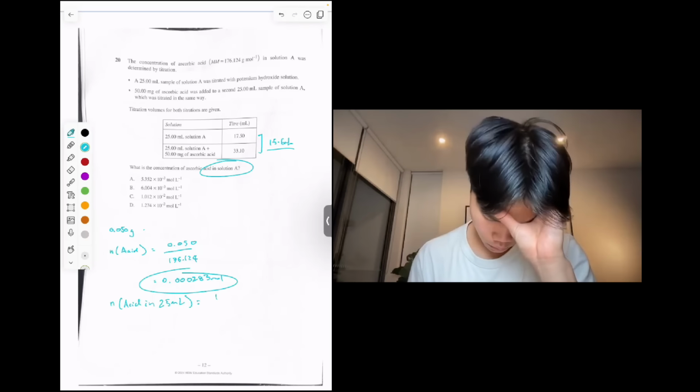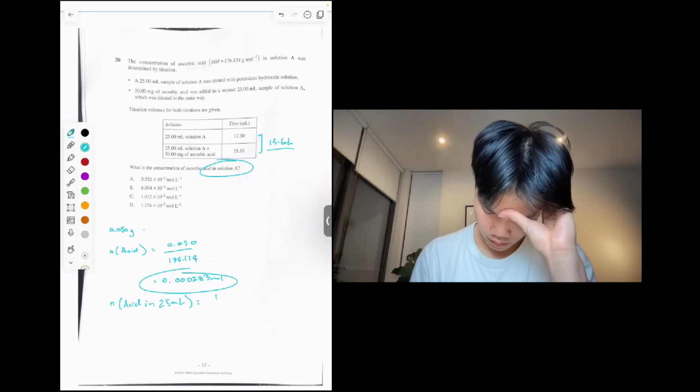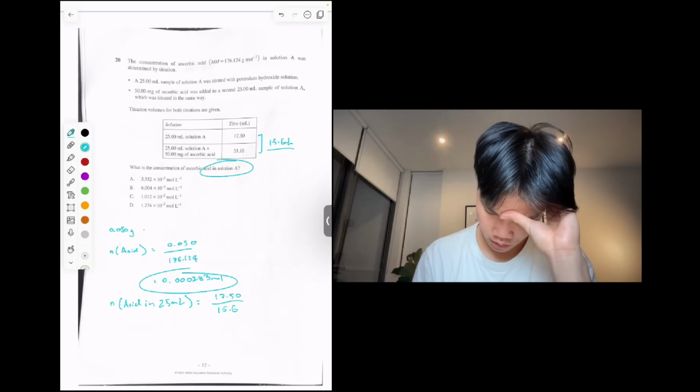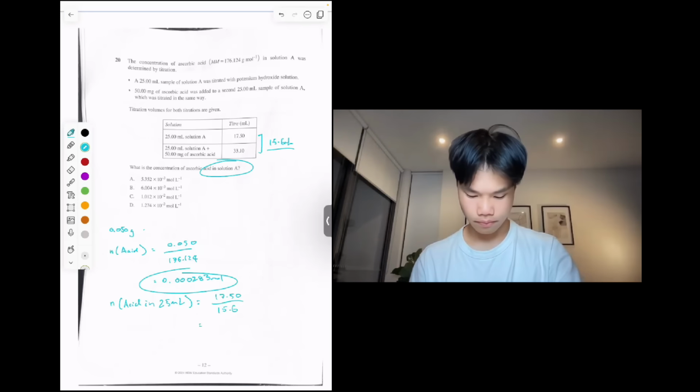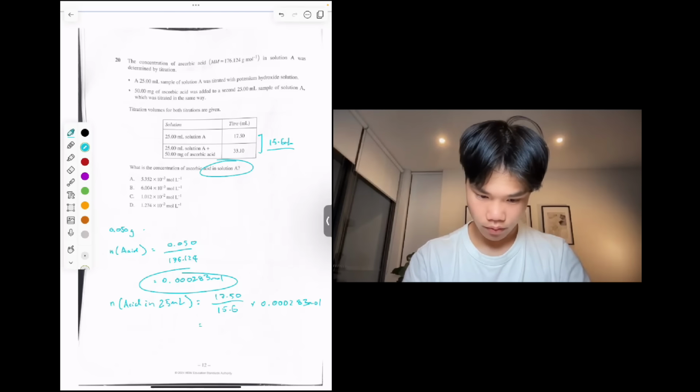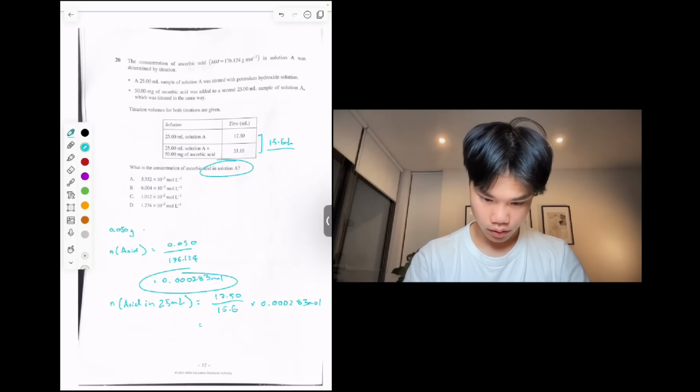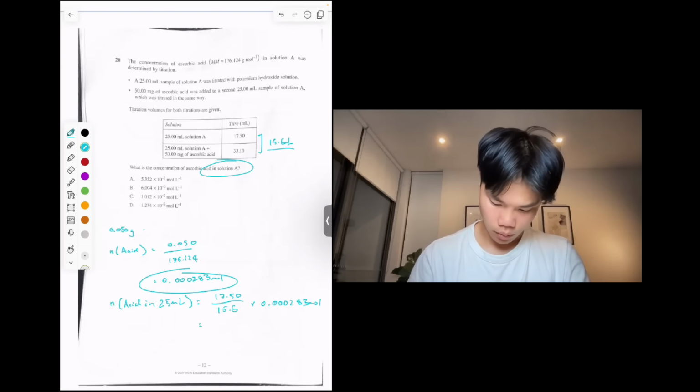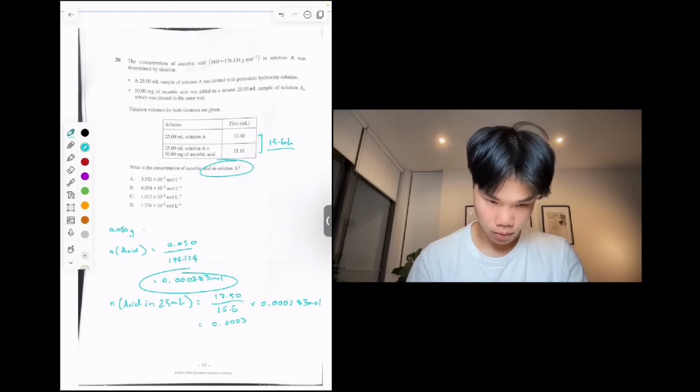It would be equal to 17.50 divided by 15.6 times by 0.000283 moles. 15.6 times by 0.000283, which gives 0.000317